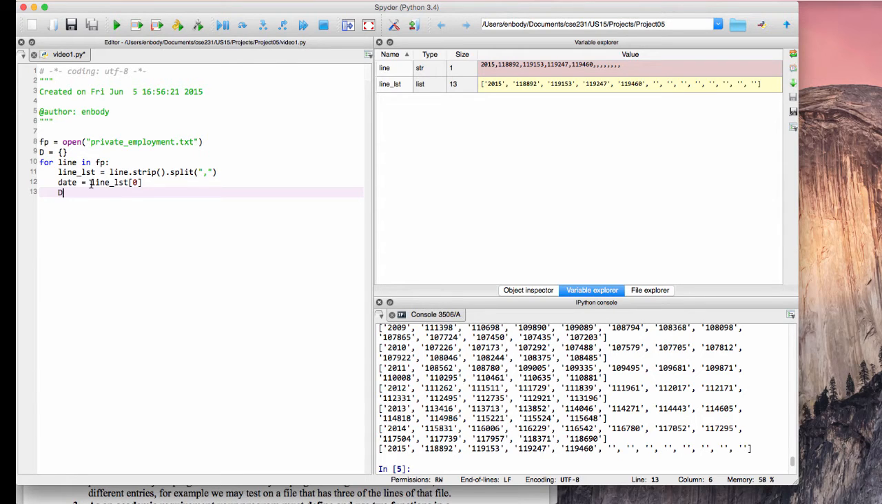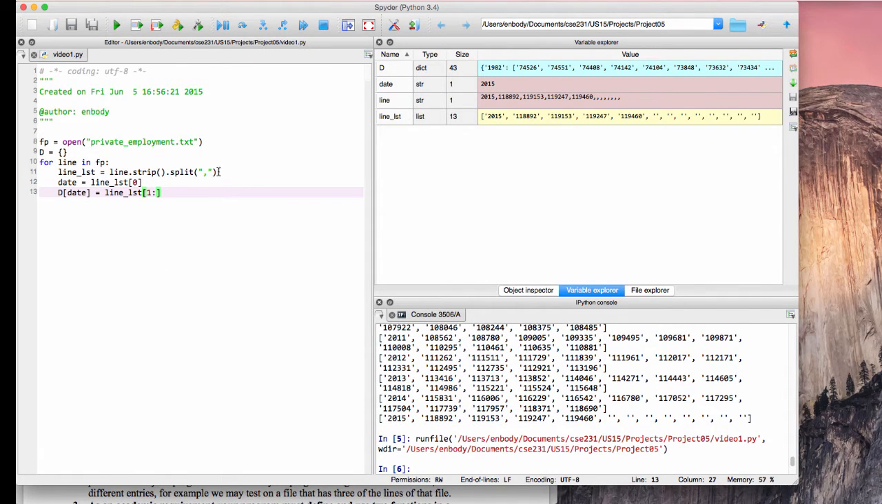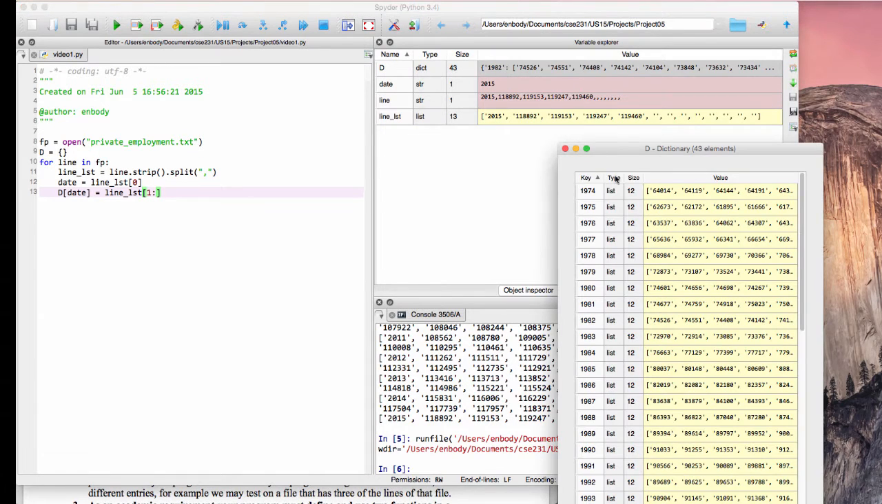So I can just say d of the date is the rest of the line, from 1 to the end. And when I run that, if I go and look at the D file, we see that